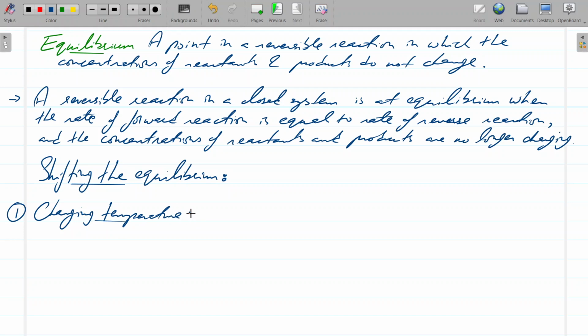How does this work? So if there's an exothermic reaction, what is an exothermic? What happens in an exothermic reaction? Can you tell me? The heat is given out. So if the reaction itself is producing heat, then what kind of temperature do you want? Do you want a high temperature or a lower temperature? A lower temperature, exactly. So lower temperatures favor exothermic reactions,